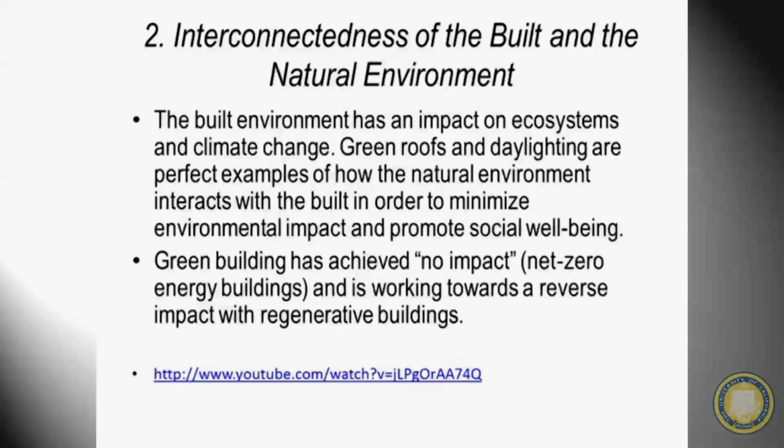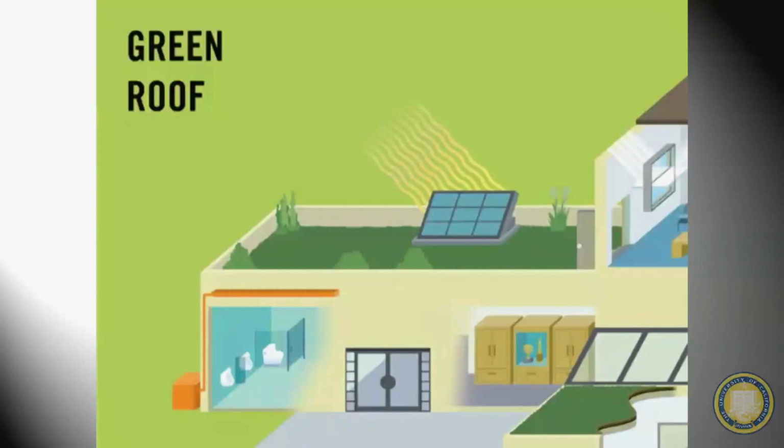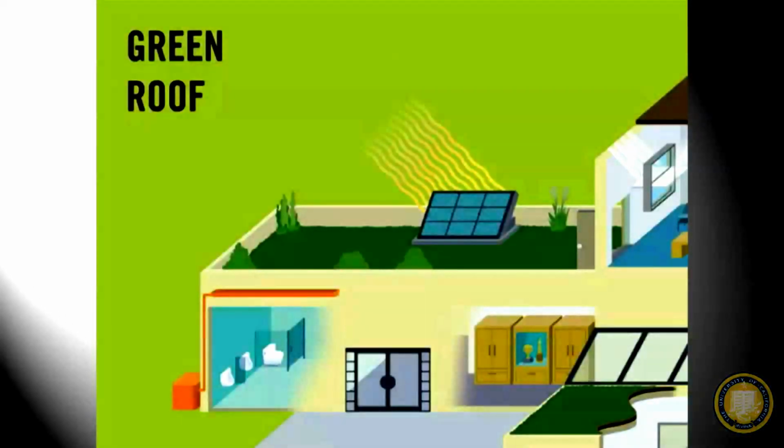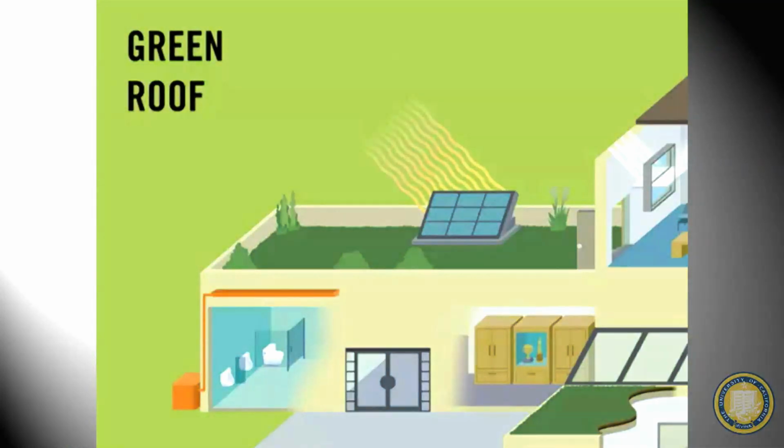And also, like we were just talking about, regenerative buildings, or buildings that are completely integrated into the natural environment to such an extent that they're helping the environment around them, like what that woman was just speaking about. So some green roofs, like at the U.S. Green Building Council, the top of their roof is just plain white, and it reflects the sun off, which also helps reduce the urban heat island effect.